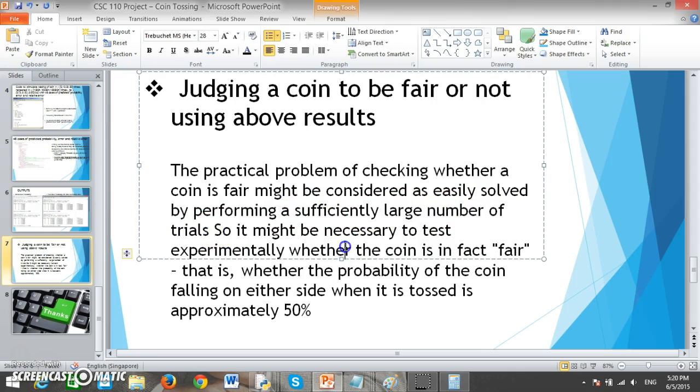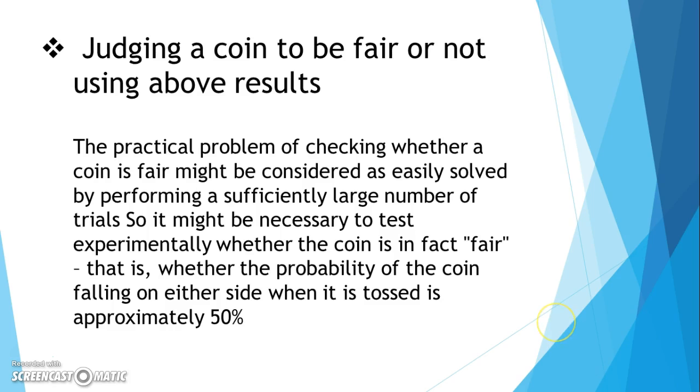So it might be necessary to test experimentally whether the coin is in fact fair. That is, whether the probability of the coin falling on either side when it is tossed is approximately